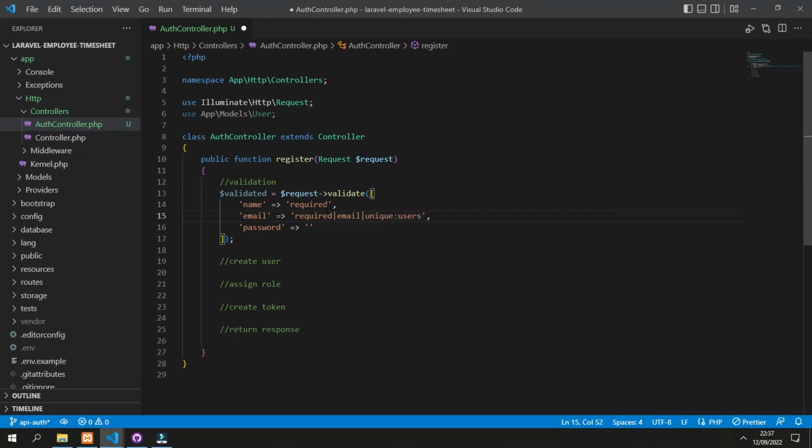So in this rule unique, it will check the users table. If there is any same email, it will reject, so the input is not valid.